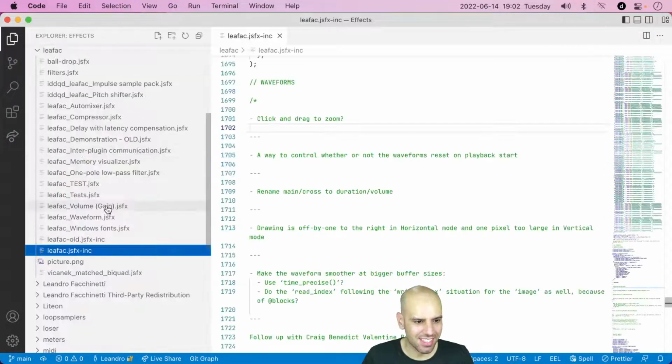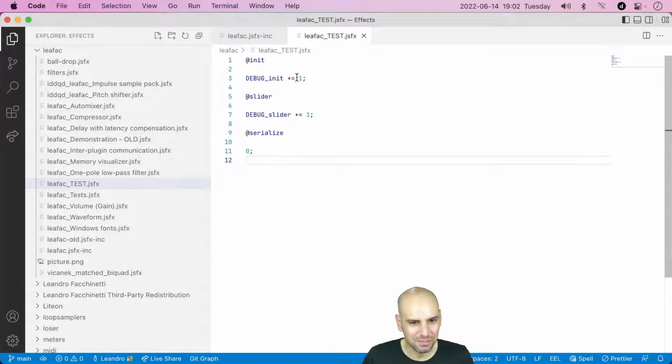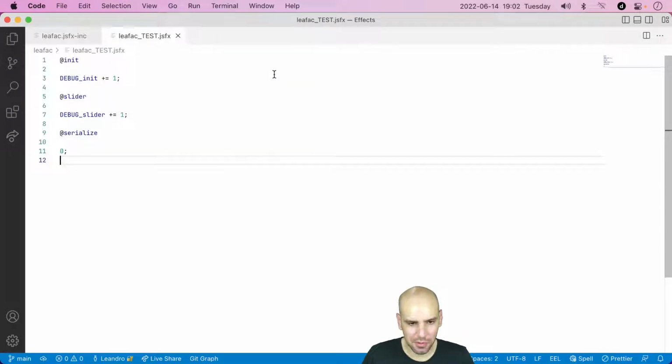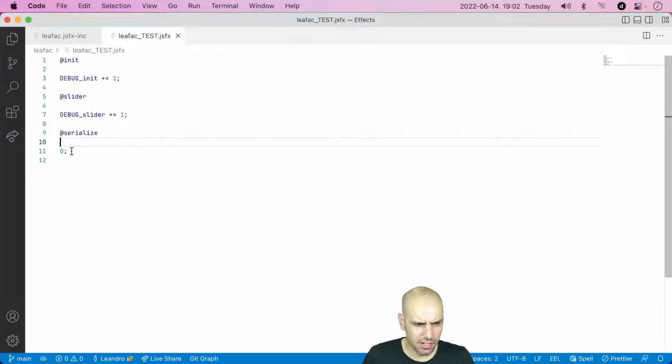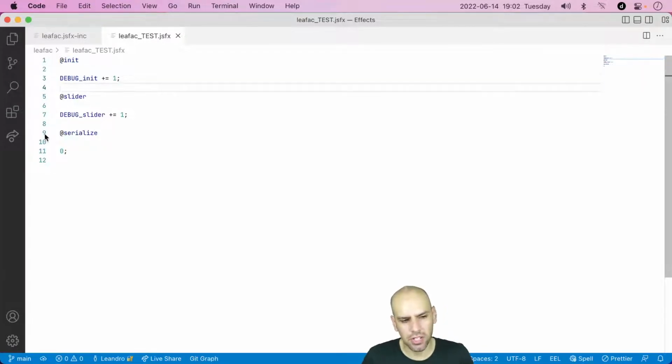Let's investigate this on the test effect. We have this test effect. We wrote this yesterday just to make sure the init and the slider block both run when you hit playback. And the serialized block is just here to make sure that, whatever, I forget. It is necessary to make the init block behave in the way that I typically like it to behave. So I just got into the habit of always having a serialized block, even if it doesn't do anything. Anyway,